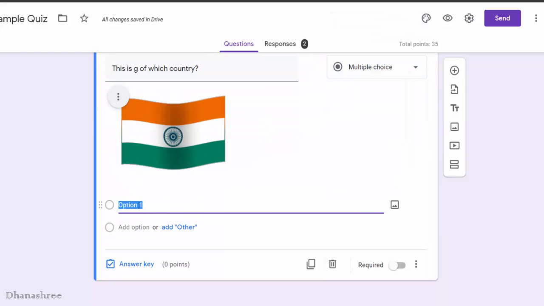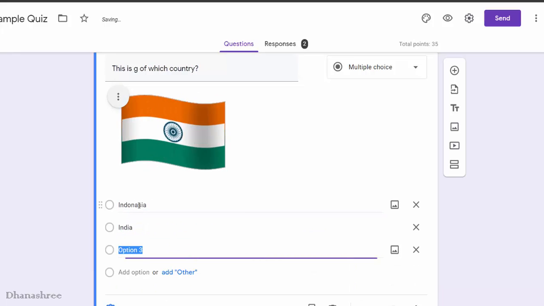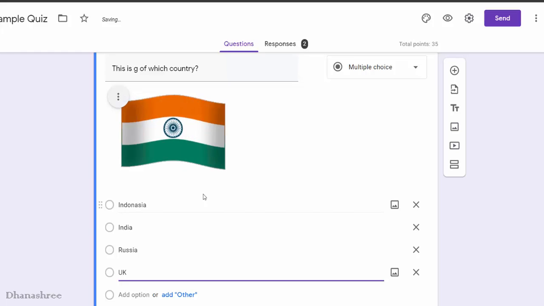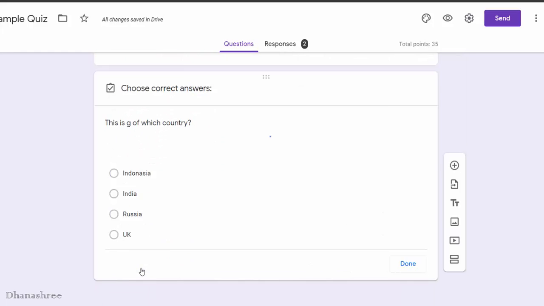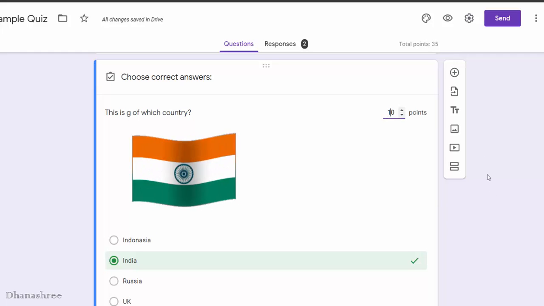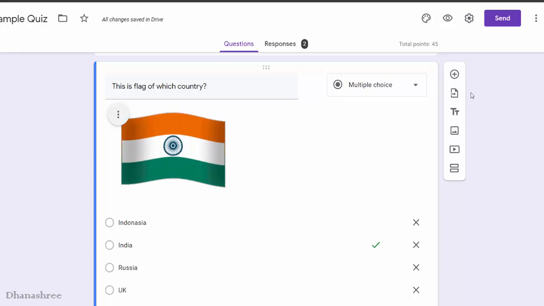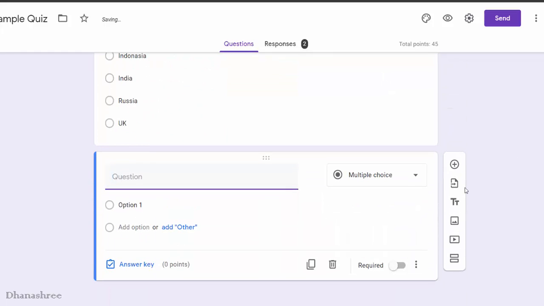Give the option. Provide the answer and provide the points. Say done. Similarly, you can insert images into answers.